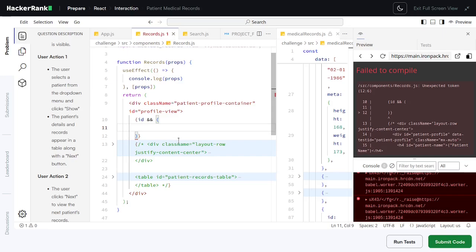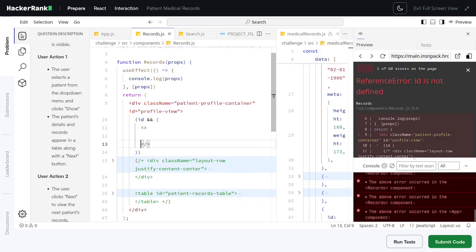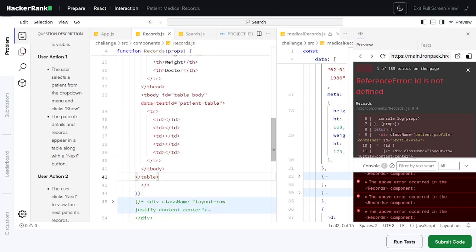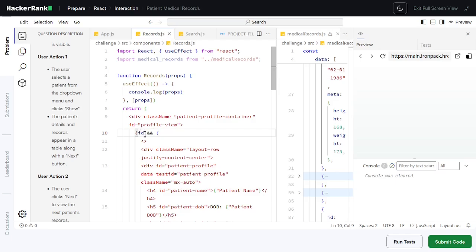To solve that, we can use the fragment tag without defining the tag, and it's okay. And then we can render or paste the actual table and the next button inside this fragment tag right here. So it's no longer showing the red underline,